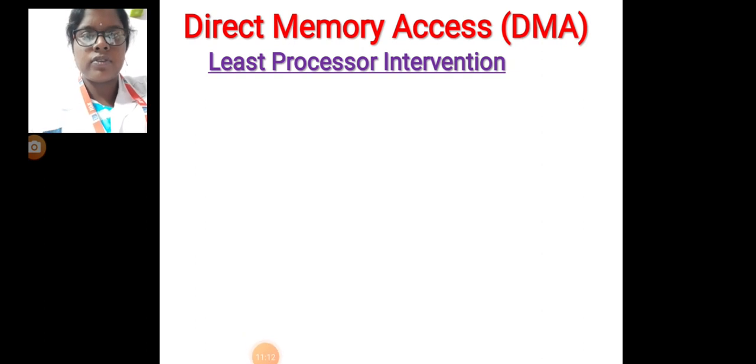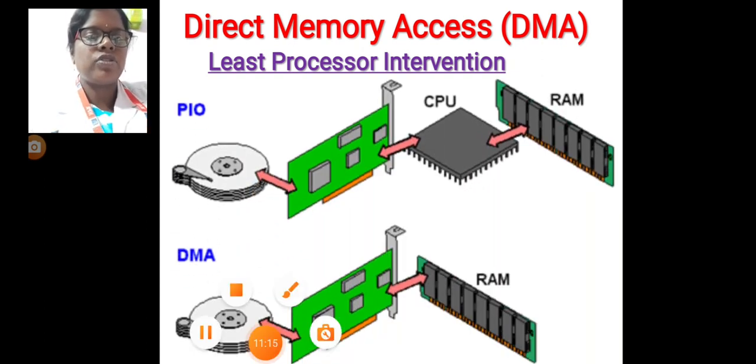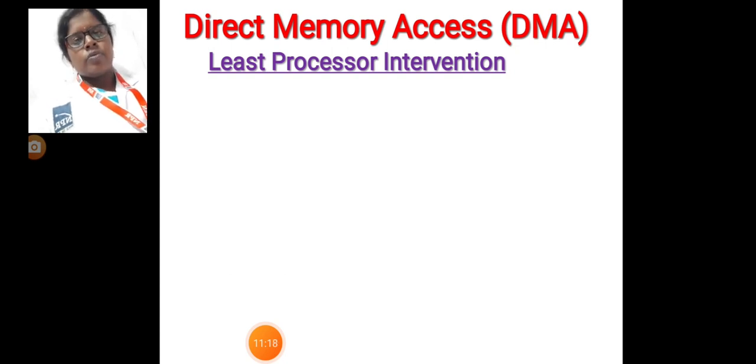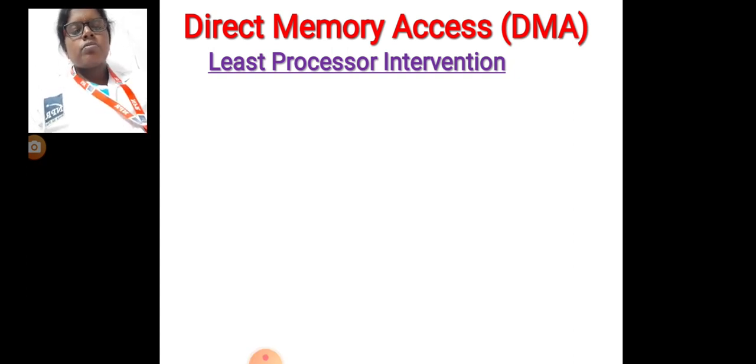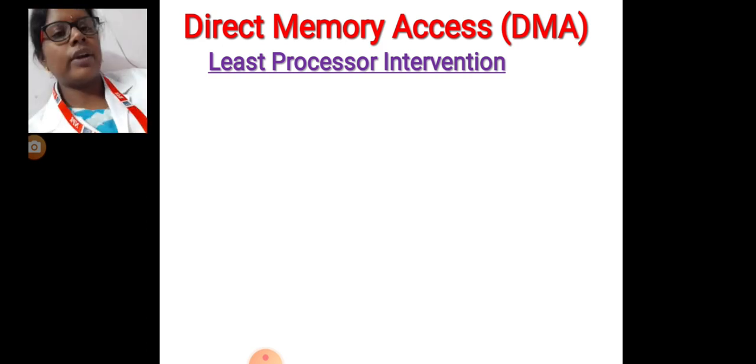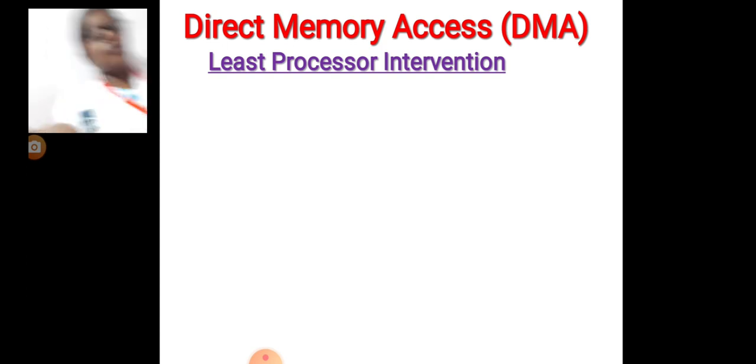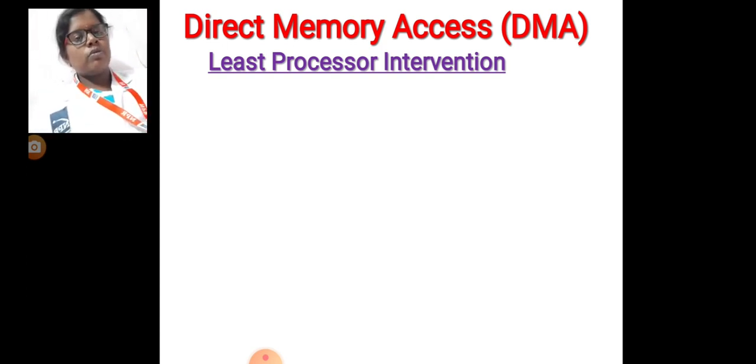Direct memory access, with least processor intervention. I/O devices need to transfer data from one system into memory addresses, or to another system. A system may also need to transfer data to the I/O devices to be transmitted to other systems. Direct memory access is required when a multi-byte data set, or a block of data, is to be transferred between two systems without the CPU. For example, with a pen drive, without the CPU we can transfer data from one system to another.